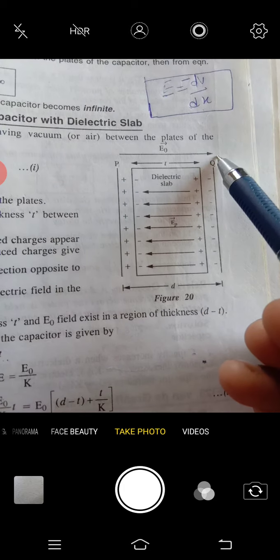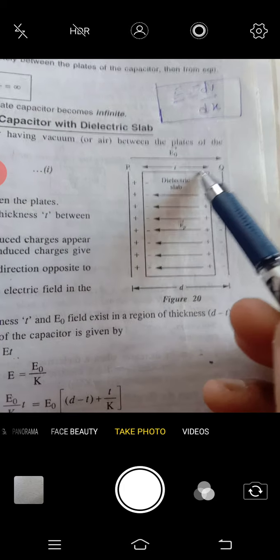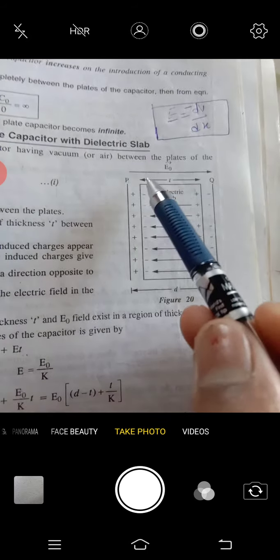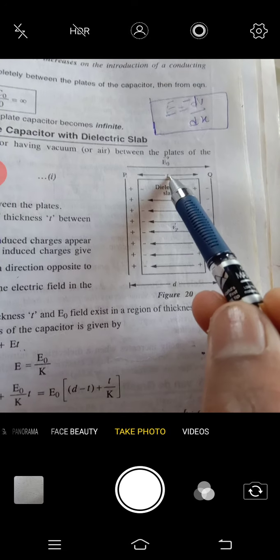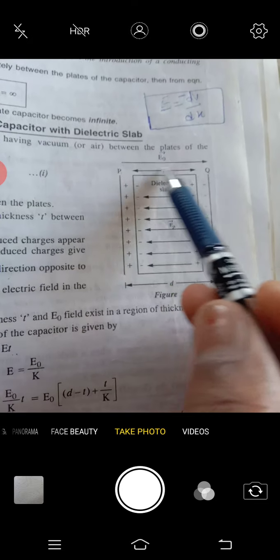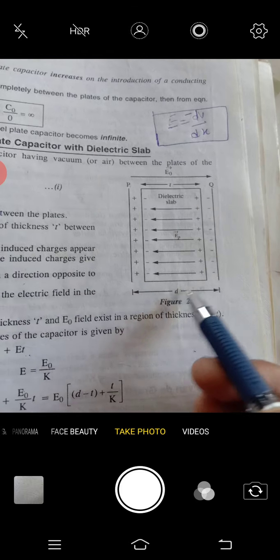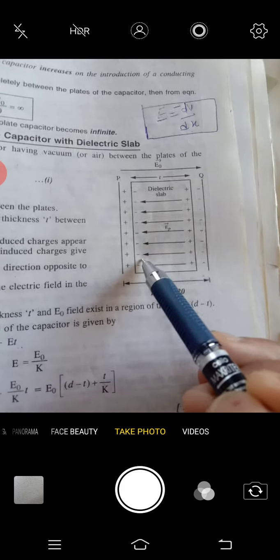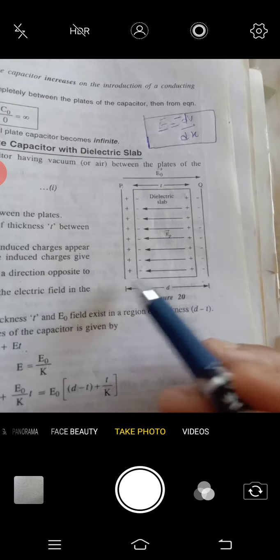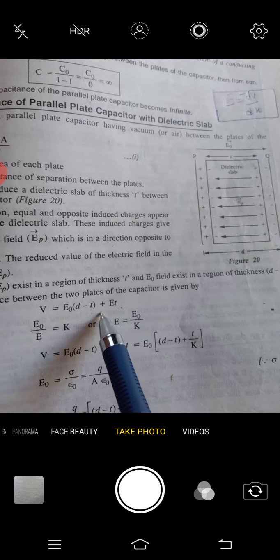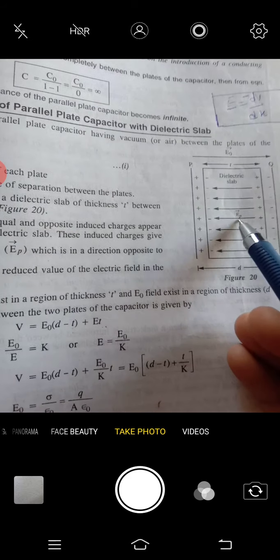So let us understand from here, electric field in this area is E0, but more than half of the area is covered by the dielectric. Total space is D, and dielectric has covered the space t. So how much space left now for E0? Earlier this whole space was there for E0, means D space, but when the dielectric whose thickness is t is placed in between, then how much space is left for E0, that is D minus t. So that's why E0 multiplied by D minus t plus inside the electric field is EP, or simply you can write it